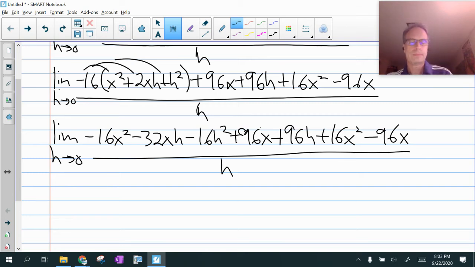Now, next thing I want to do is I would like to clean this stuff up. I'm going to do that by canceling what I can, which is the negative 16x squared and the positive 16x squared, and I've got a negative 96x here, and I'm sorry, a positive 96x and a negative 96x there. So what I am left with now is going to be